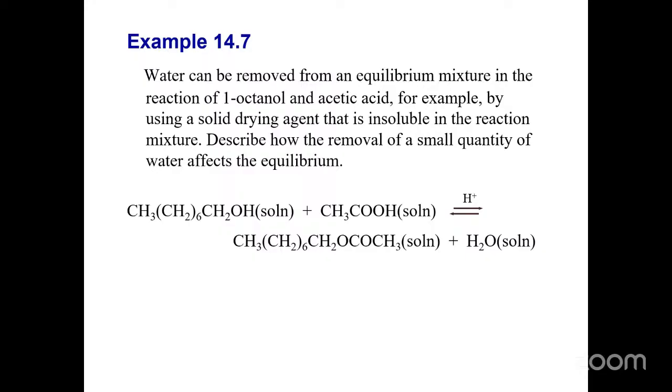So the question is, which direction will the equilibrium shift to produce more water? And the answer is the equilibrium will shift from left to right. In other words, it's going to shift such that some of this will react with some of the acetic acid, and that would facilitate the formation of water. All right? So that's basically how we can use Le Chatelier's principle to make predictions as to which direction the equilibrium will shift when you either add something to it or remove one of the components of the mixture.